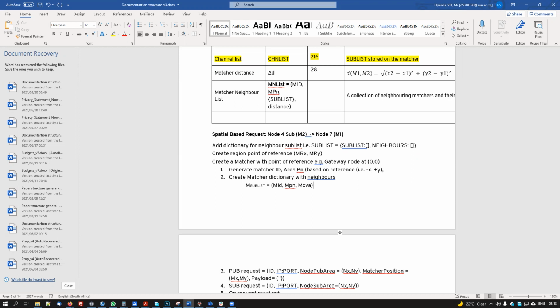And the second concept to keep in mind is: don't send anything that you can compute yourself. For example, I think you are sending the region area, the coverage. But from my perspective, coverage is always something that can be computed locally.